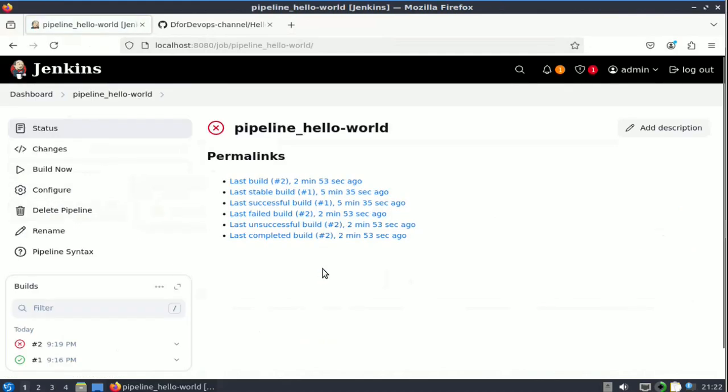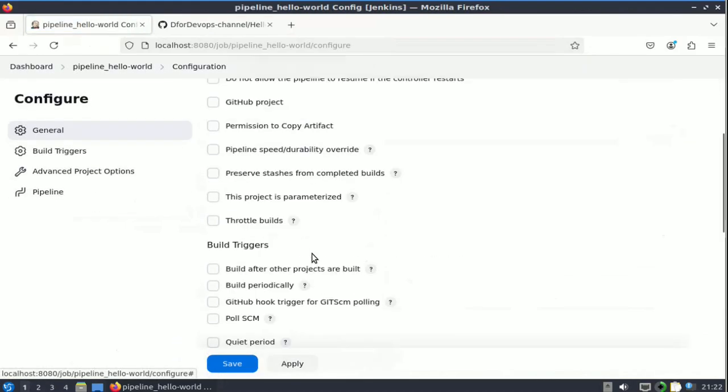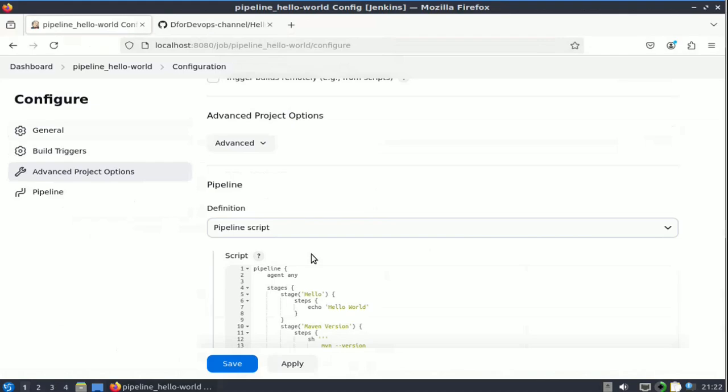and inside that, tools with curly braces, we would be adding this one, right? So what we'll do, right after the agent we would write tools, and inside it we would write maven, the name of the tool, space, and under single quotes we would put the name,